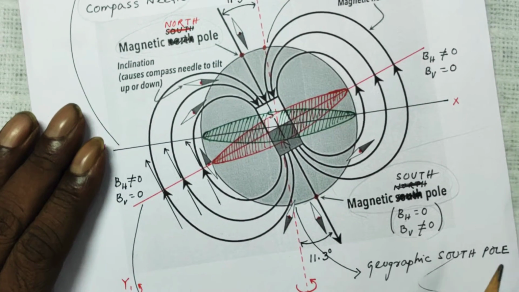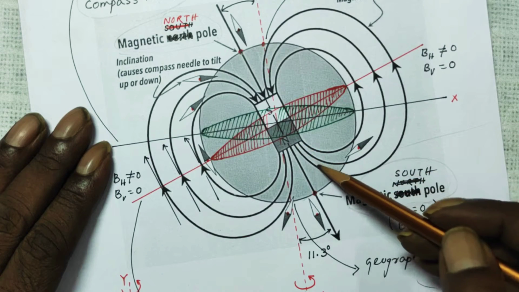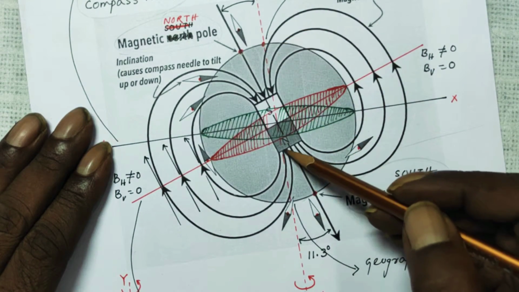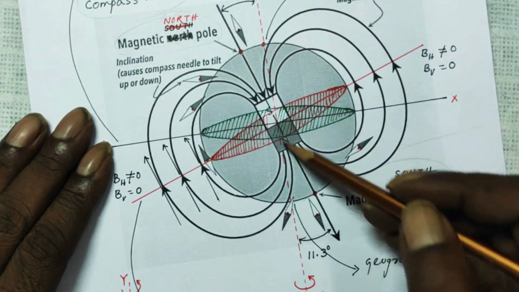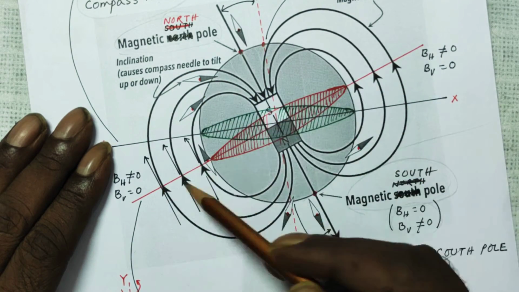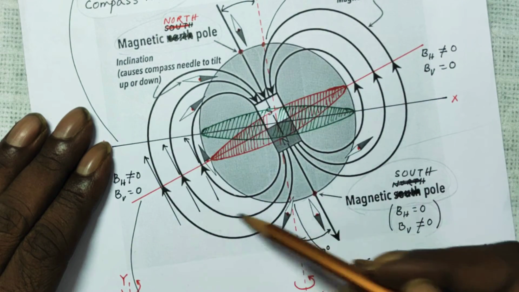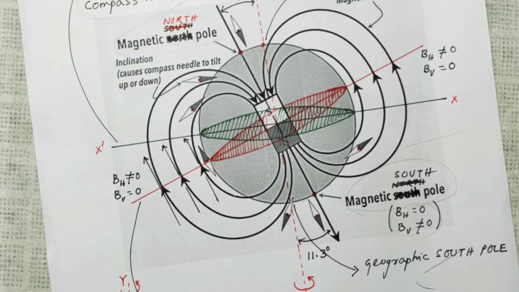So, now look, these are the magnetic field lines. They are not on the two sides, they are all around the Earth. They are on the top, they are on the bottom, they are all around the Earth. Now look,